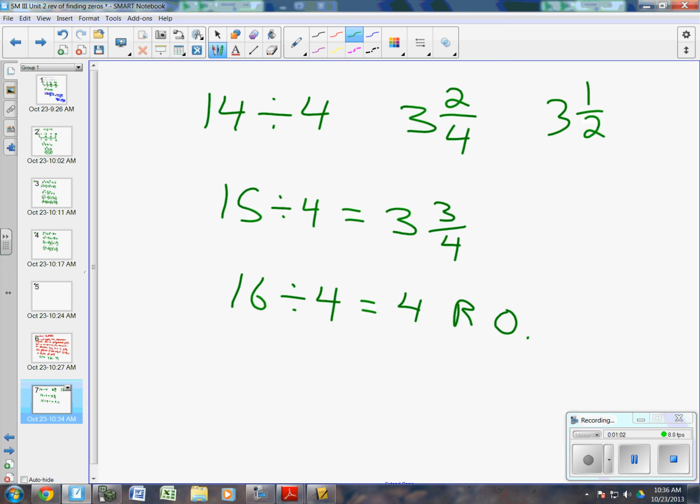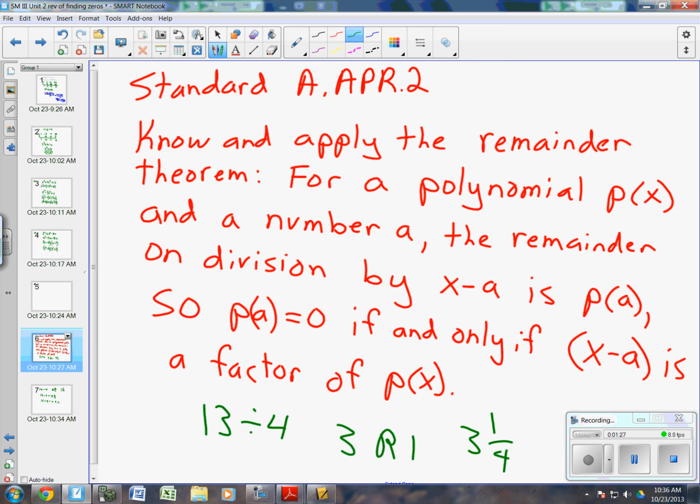Now, this is what we're going to be talking about today. We're going to be talking about mostly remainders of 0, but we're going to talk about other remainders as well. This is what we're going to be doing, except we're going to be doing this with polynomials. Got it? So, you guys know how to do this with real numbers? We're going to do this with polynomials. So, going back to this slide right here,